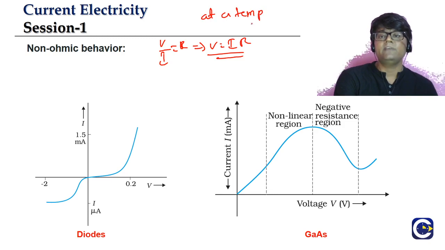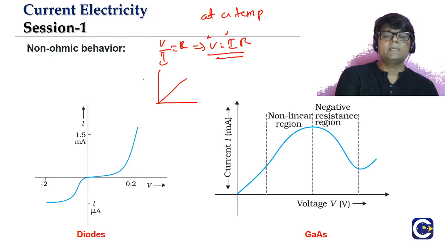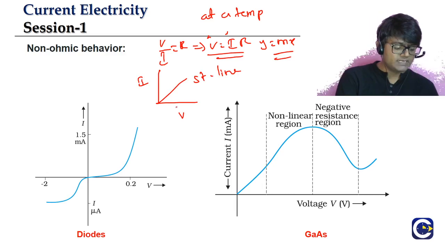R is changing only when you change temperature. Means if you plot the V and I graph, what must it be coming like? A straight line, at a fixed temperature, because it is like Y is equal to M into X. So that is what is expected out of the substances that exactly follow